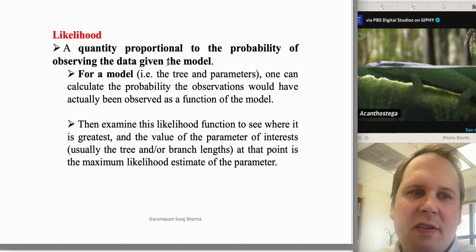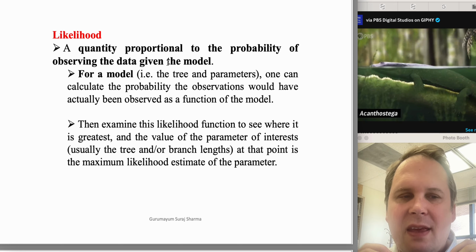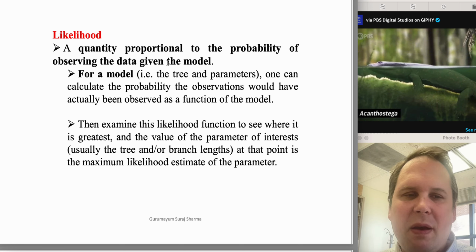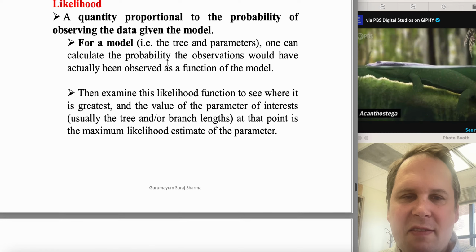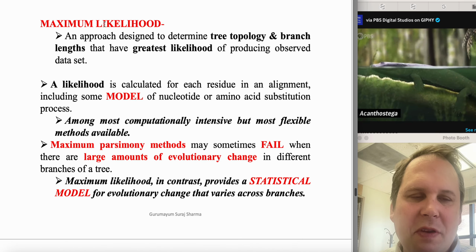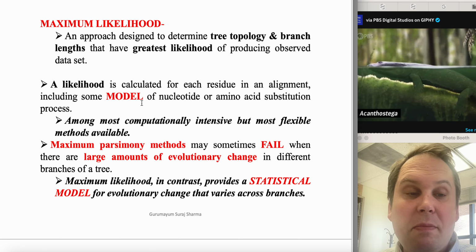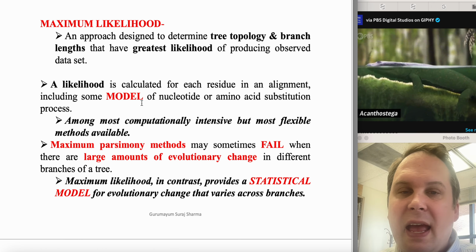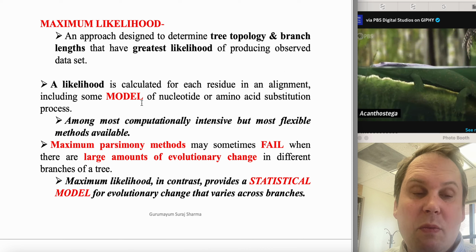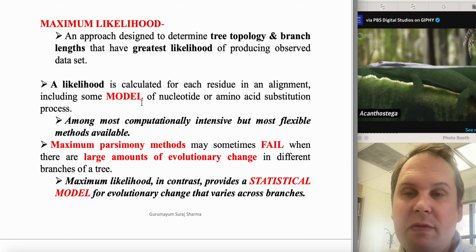So really, for the first time in all of these methods, we're taking what we know about evolution and putting it into the hopper to help out with the calculation. Okay, and so people will abbreviate this. They'll say it's an ML tree, maximum likelihood. That's fine. We're going to determine tree topology, how the branches join together, and branch lengths, all of those things. And we're going to find what length and what topology has the greatest likelihood of being produced from a data